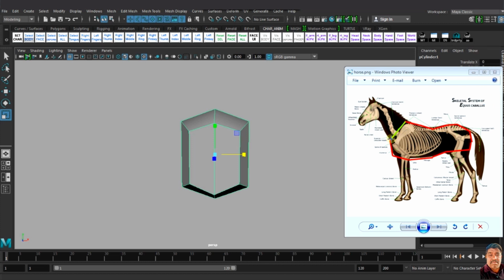Yeah, this is my front leg. This is my rear leg. This is my neck and head.